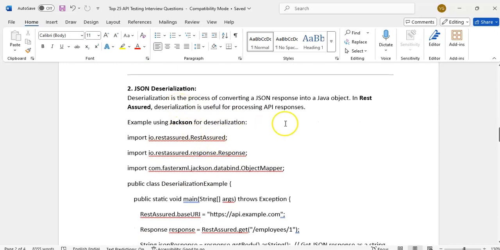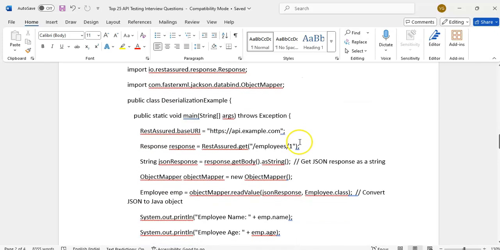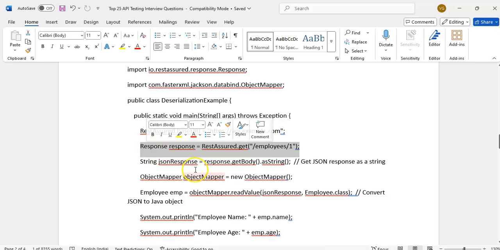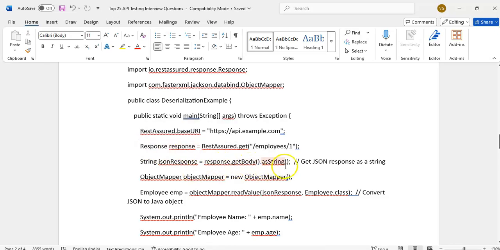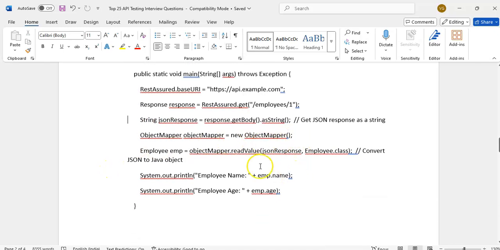Deserialization means, suppose I want to get a response. I will get some response in JSON format. Converting that JSON back into an employee object is deserialization. Suppose here I have a base URI and I am getting one employee with RestAssured.get. I get the response in string format with response.getBody().asString(). Again we use ObjectMapper: objectMapper.readValue converts the JSON response into an employee object.